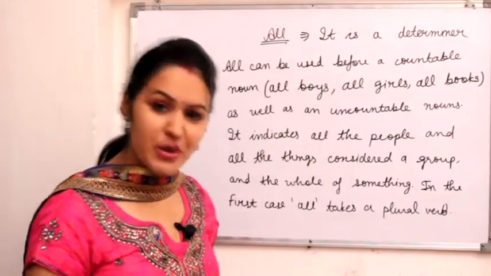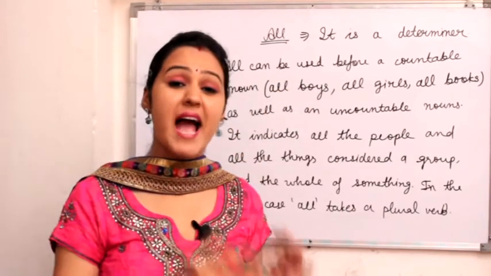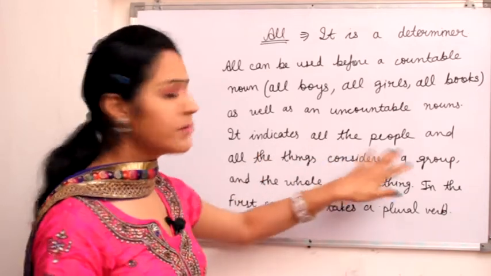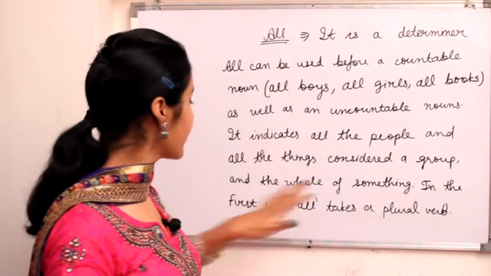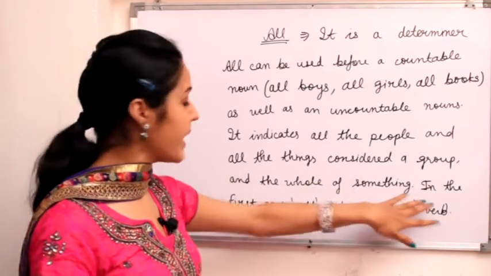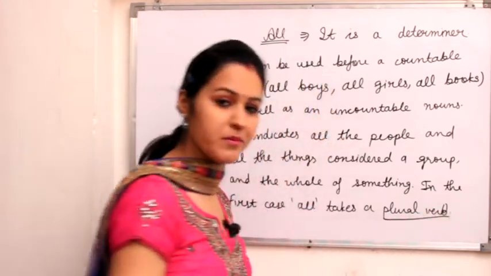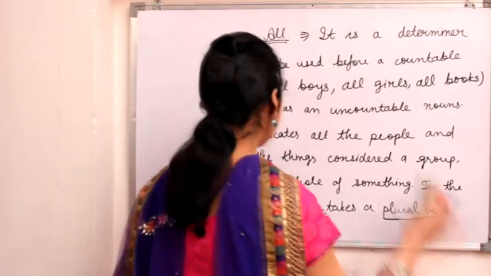It is a determiner. All can be used before countable and uncountable nouns. It indicates all the people and all the things considered a group and the whole of something. In the first case, all takes a plural verb. So this is the exact definition of all and I illustrate it for you